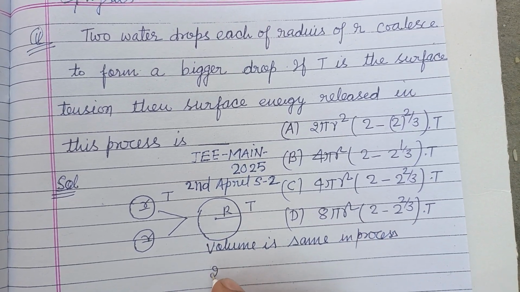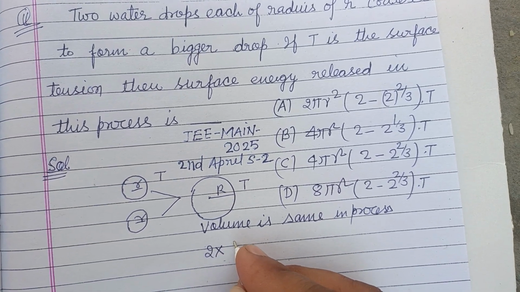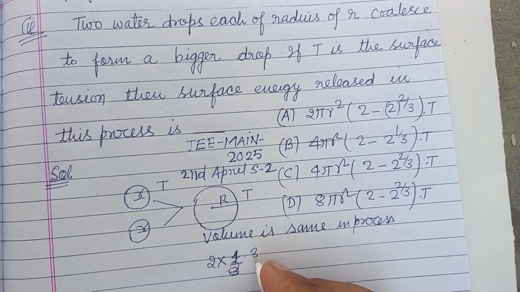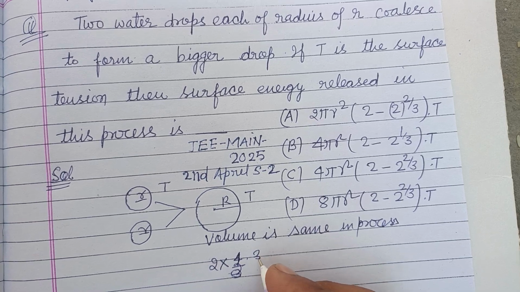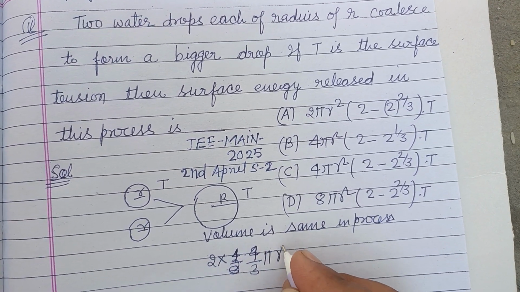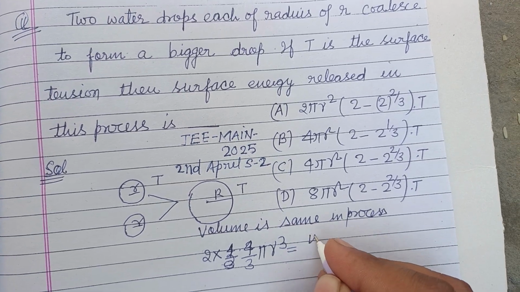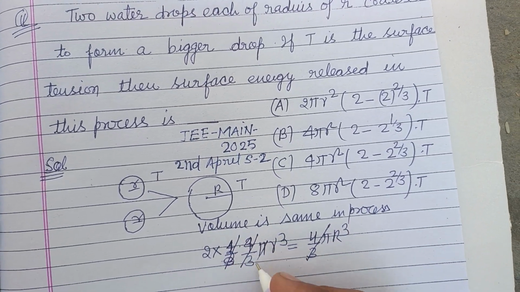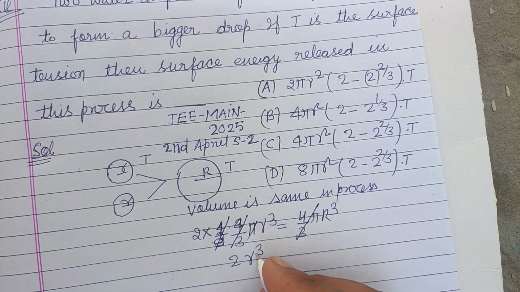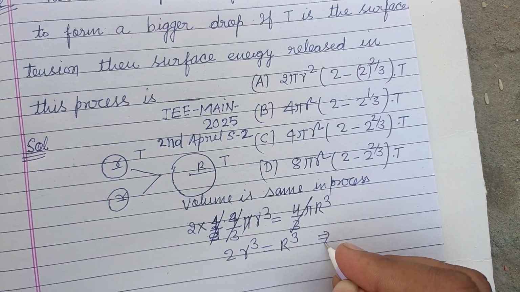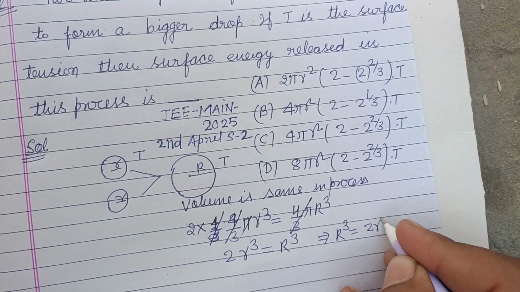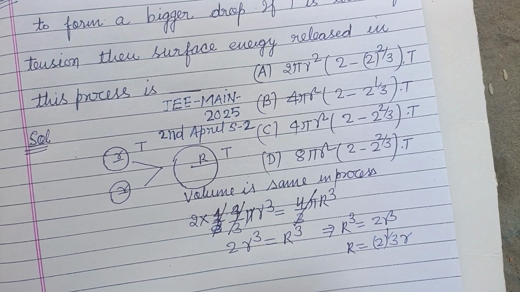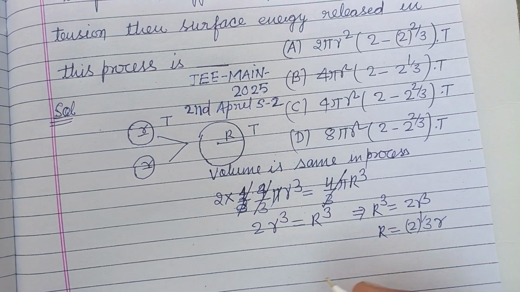Therefore, volume of two small drops, 2 into 4 by 3 pi r cube, equals 4 by 3 pi capital R cube. So 4 by 3 pi is cancelled from here. So 2 r cube is capital R cube. Therefore from here R cube equals 2 r cube, or R equals 2 to the power 1 by 3 into r. Okay. Now change in radius or change in area,